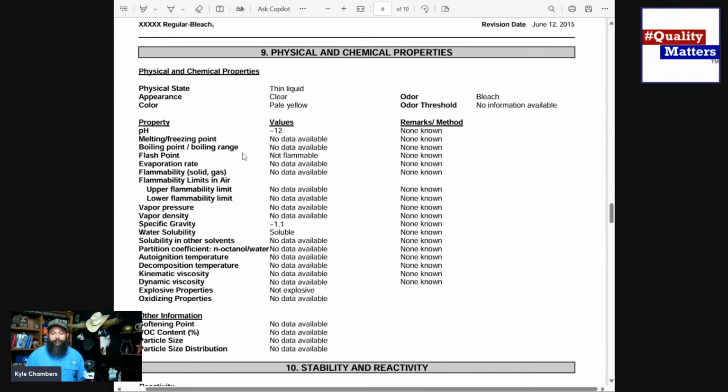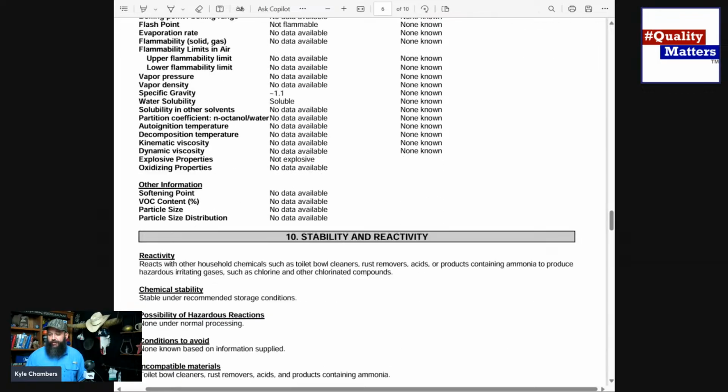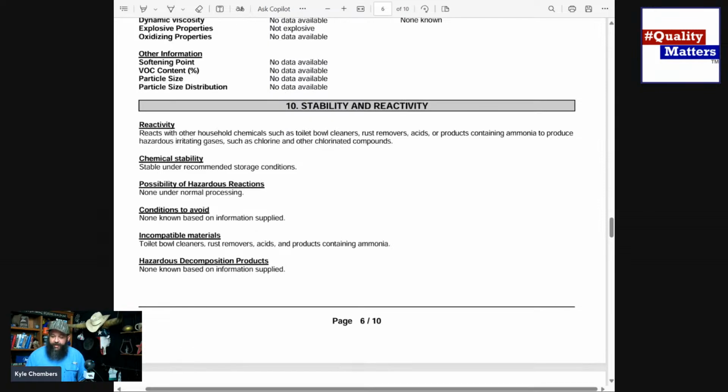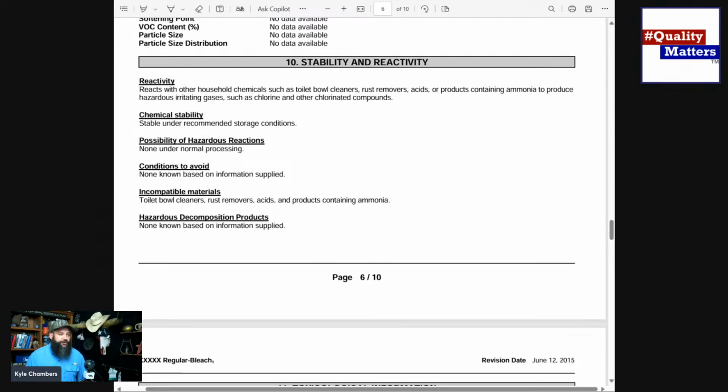Good information to check to make sure that we're not putting in the temperature too high, a temperature too low, the wrong pressure, with other substances that it might or might not be soluble with. Again, all sorts of good information here. Stability and reactivity, kind of expanding on that same idea there. Again, for our average employee, not anything you need to worry about on a really regular basis.